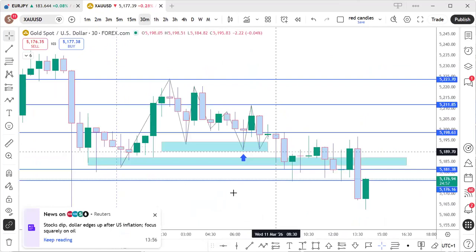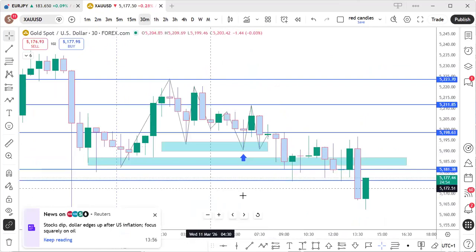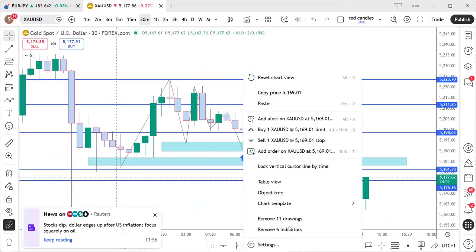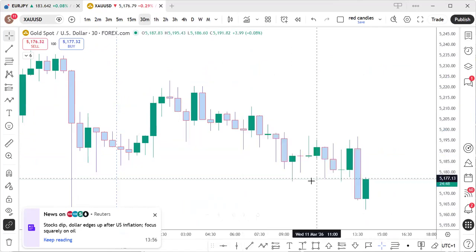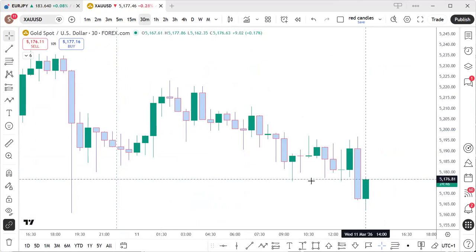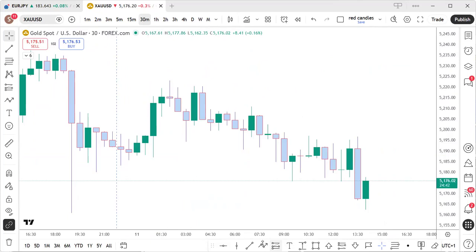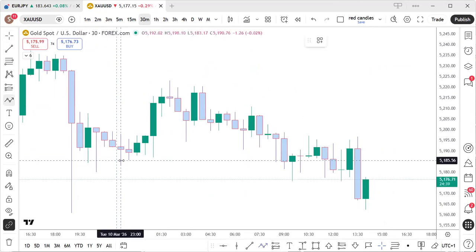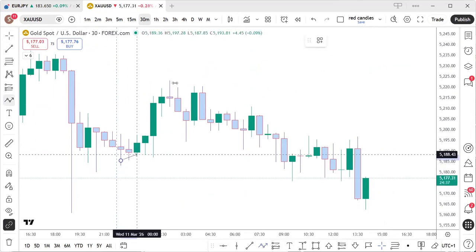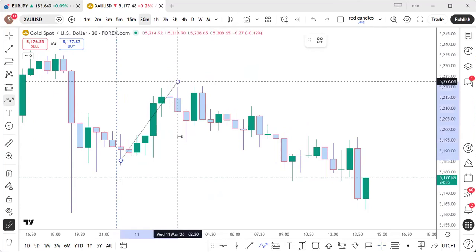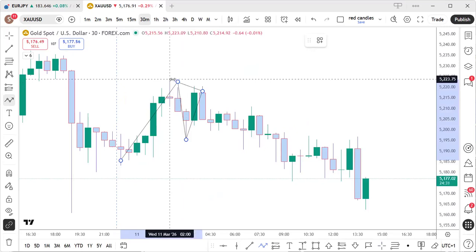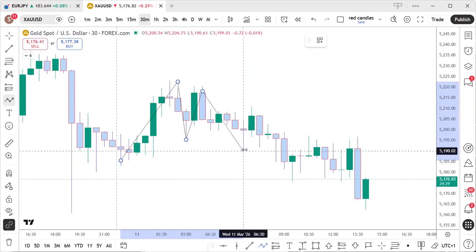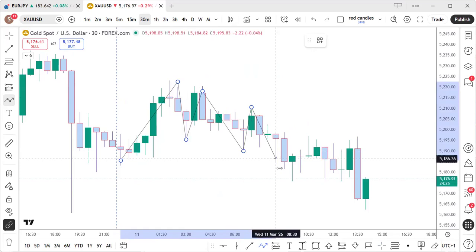Let's use this one. Okay, so you look at this chart. Let me remove all the lines. And you ask yourself, so you are right here right now, right? So first question, what did price do overnight? So you come to your chart, you plot your lines, you say, okay, price started from here, it pushed up, pulled back down, pushed up again, but did not break and close above this level here. It came down, pushed up, came down again,